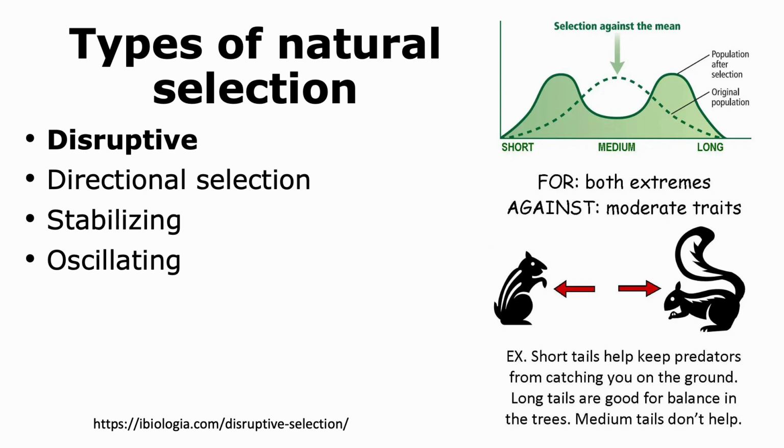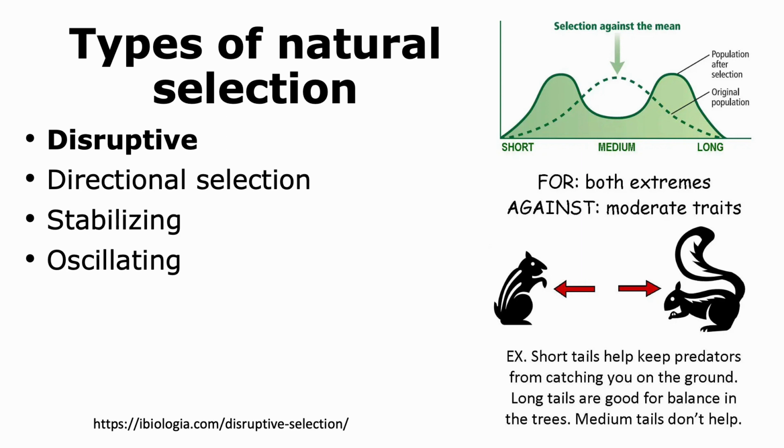There are different types of natural selection, and the first one that we're going to look at is disruptive selection. Let us take the example of the tail of a squirrel, and let us imagine that there is an original population where we have a range of lengths of tails among the different squirrels. Now, there is a change that occurs in the environment, and this change allows the selection of squirrels either that have very short tails because it helps keep predators from catching them and hence they survive better,